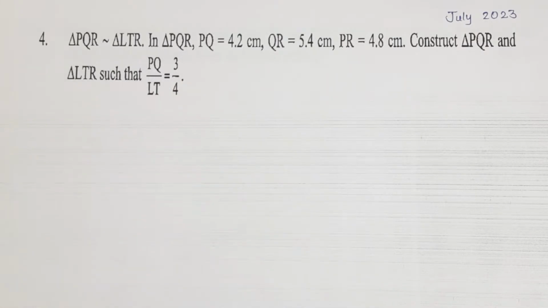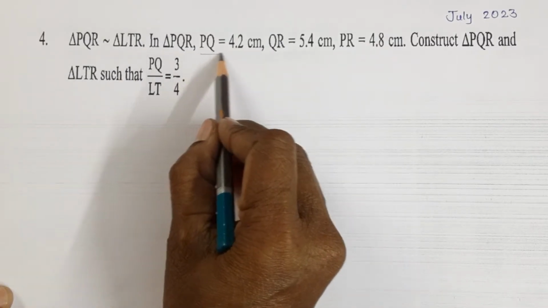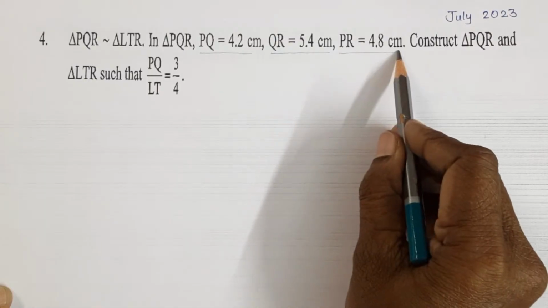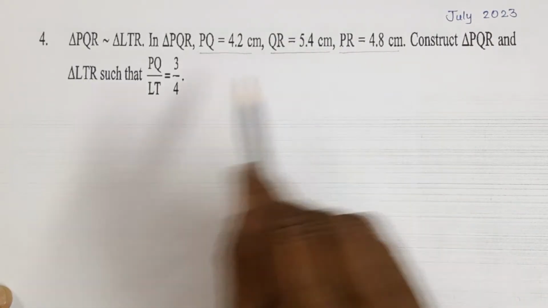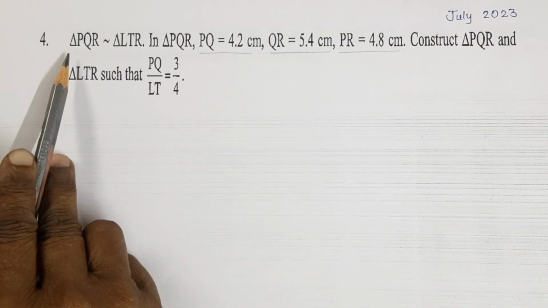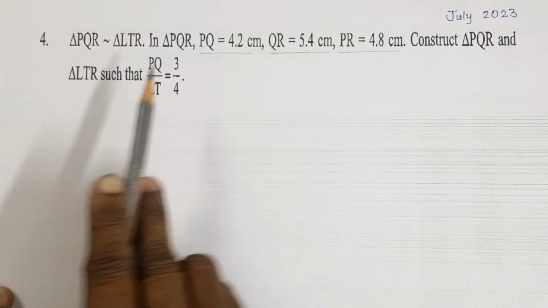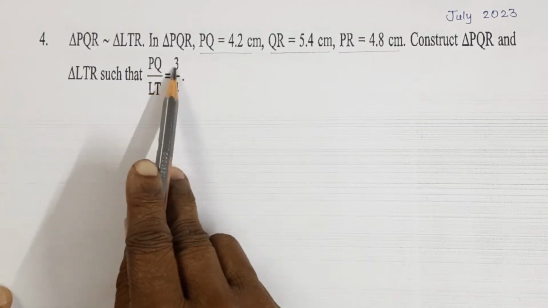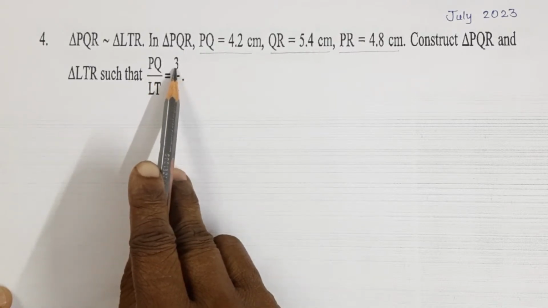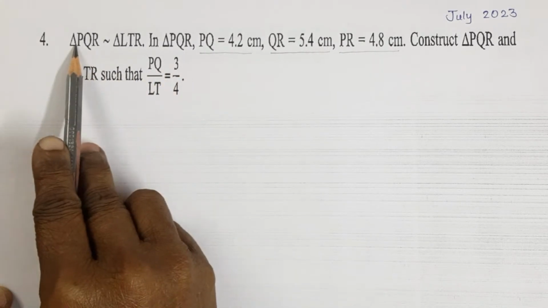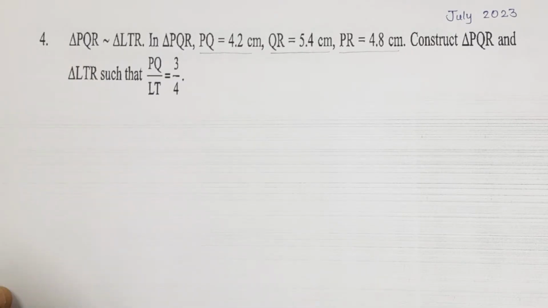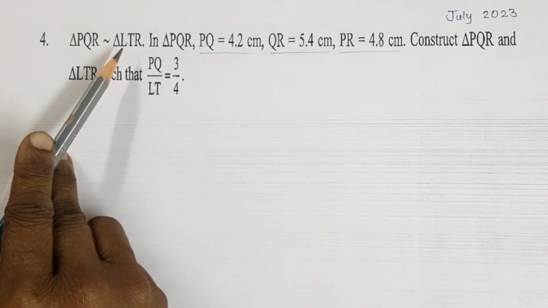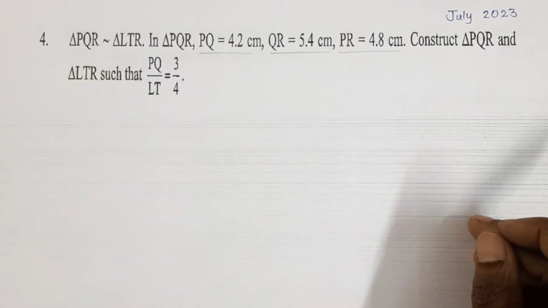So now here, students, PQ is equal to 4.2, QR is equal to 5.4 and PR is equal to 4.8. These are the measurements of triangle PQR. And PQ upon LT is equal to 3 upon 4. So PQ is the 3. Which one is the smaller number? That means, students, PQR is the smallest triangle and LTR is the biggest triangle. So that's why here we draw the